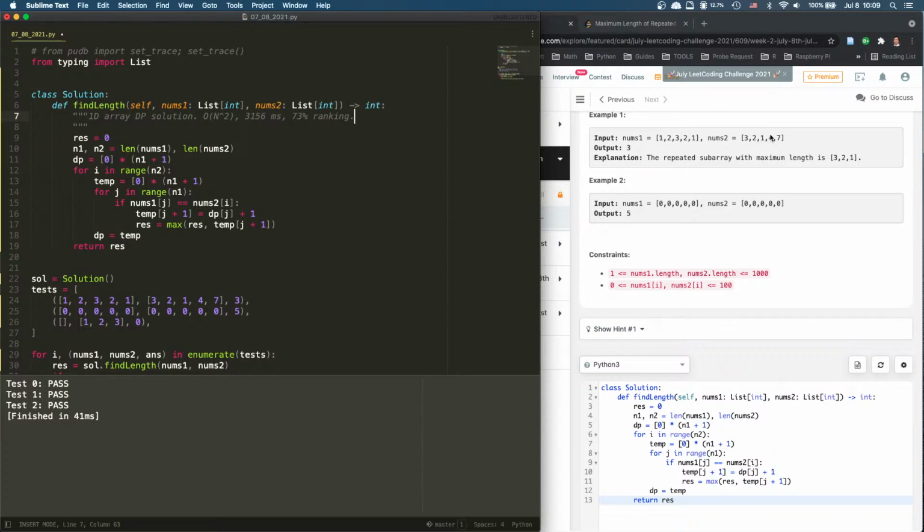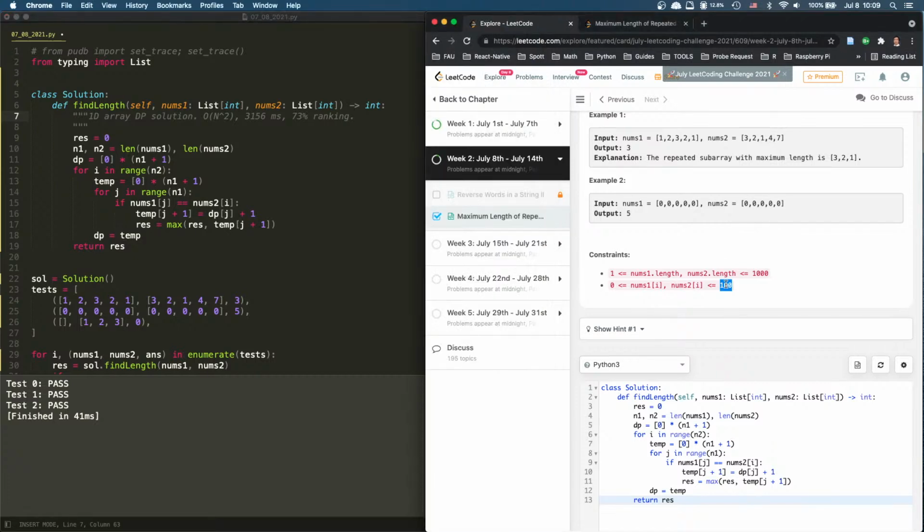Which means if something doesn't match, we don't care. So if I can get the... and also keep in mind, this is a 100, there's only a 100. If this is only value 100,